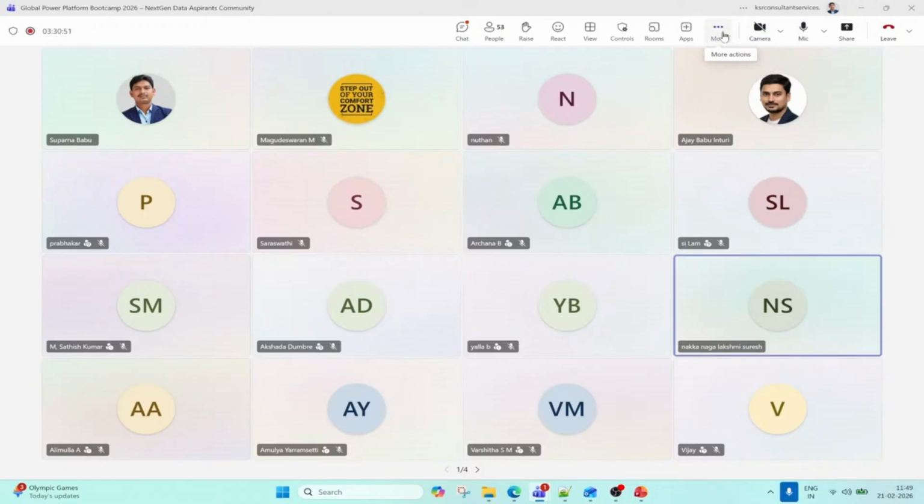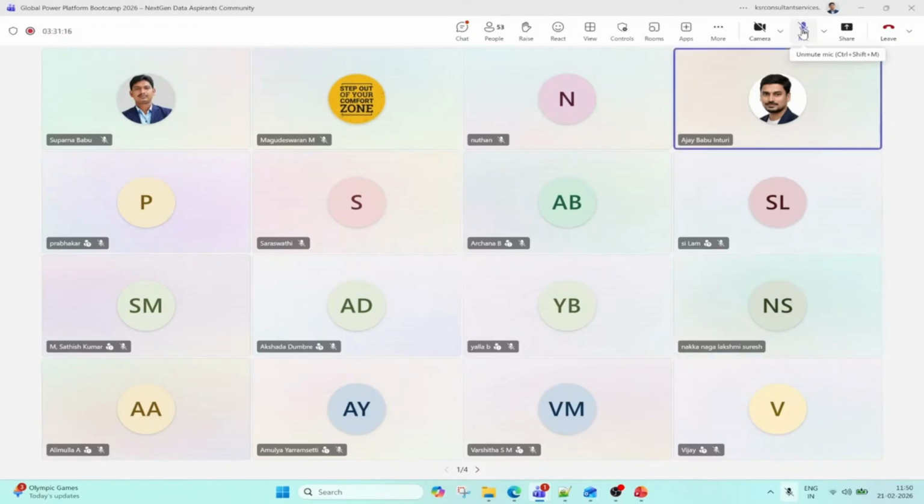Hi Ajay, I'm Suresh. I had one doubt in semantic model. Can we take a duplicate of a semantic model? Suppose there are 20 members in the team, and unfortunately someone deleted a column or measure, the 20 members will face the problem. To overcome that, can we get a duplicate of the semantic model?